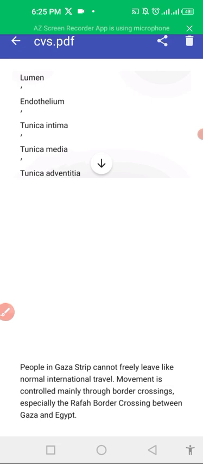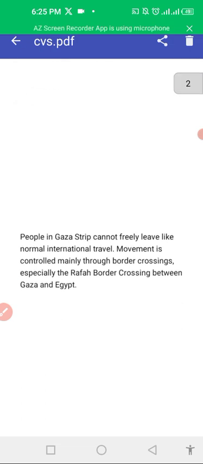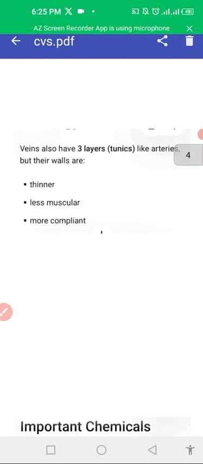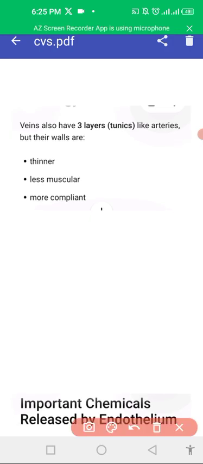These arteries are very important for blood supplying purpose, for venous drainage purpose, and also arteries have a contributing factor for supplying certain things to the tissues and organs. Okay. Now coming to the veins, veins have three layers like tunics, like arteries, but their walls